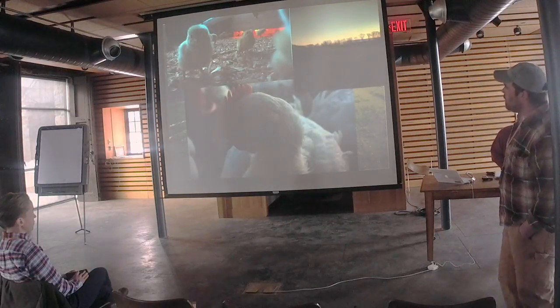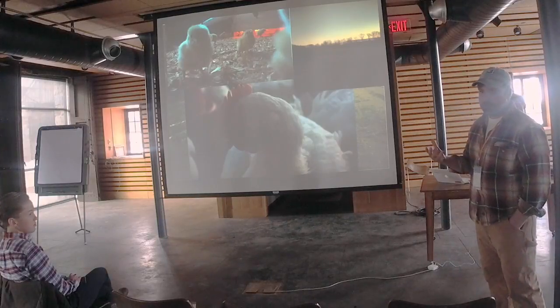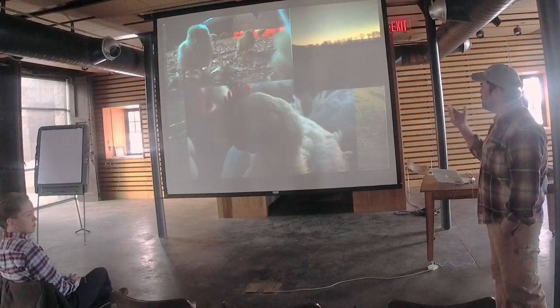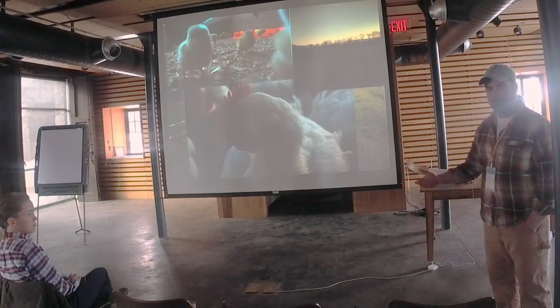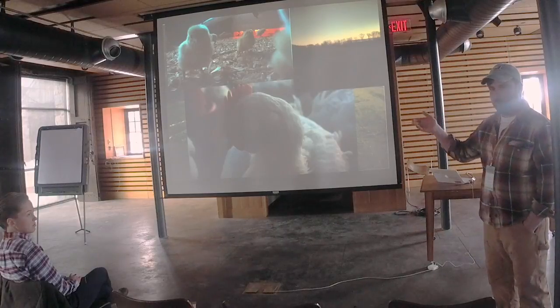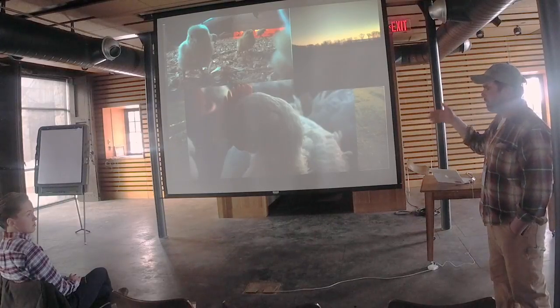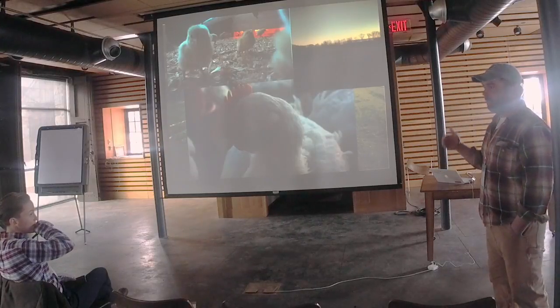So we raise poultry. We raise the industry standard Cornish cross, which, as I'm sure if anybody's doing Cornish cross, you're doing the same thing. We're buying them in as chicks. We brood them 3 weeks, depending on the weather. We put them out in the field. They're out for 4 weeks. Raise them to 7, and we process them on